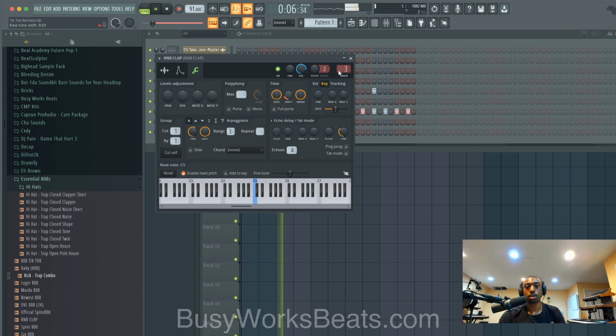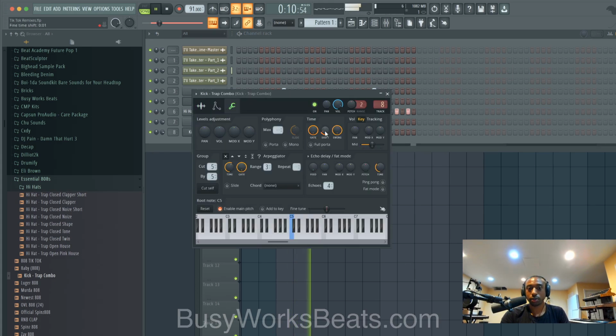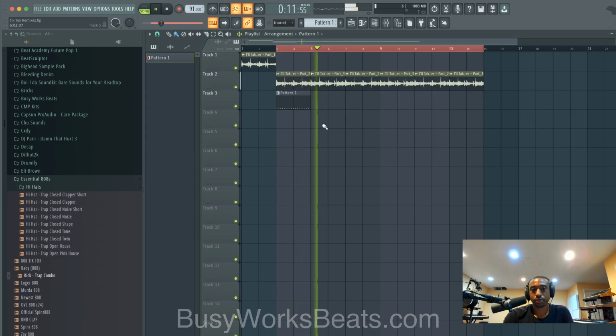A lot of people don't use that technique. It's really good for R&B. Try to follow the bass. If you listen to the bass, it goes boom, dun, boom, boom. Try to follow the bass. So it goes boom at the end.